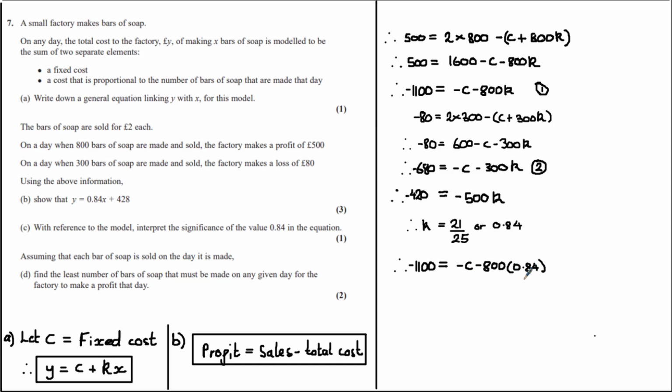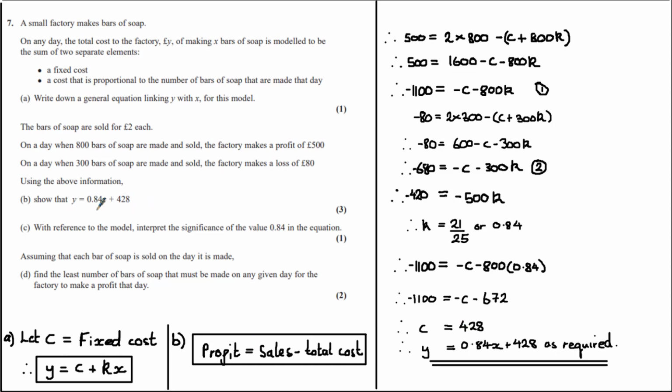Multiplying out the brackets on the right hand side, we get that minus 1100 is equal to minus c minus 672, and therefore c is equal to 428. So now we found our values for c and k. We can substitute it back into our general equation to show, as required, that y is equal to 0.84x plus